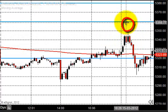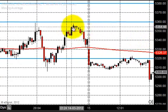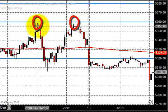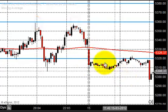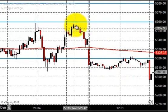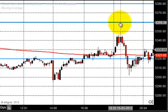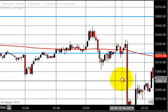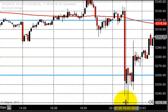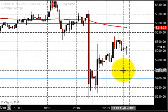And this is near the major resistance zone which we expected in crude oil, and you can see why this is a major resistance zone. The previous day, the market tried to break the zone many times, but there was a failure in breaking, and the market yesterday opened just below the zone. So we consider this 5,360 can act as a major resistance, and yesterday also it couldn't break the zone, there was a failure, and the market dropped down. And in the evening session, you can see there is a sudden drop down, and it tested 5,240. That is, it came down near 5,230, and then it gave a pullback, and it closed around